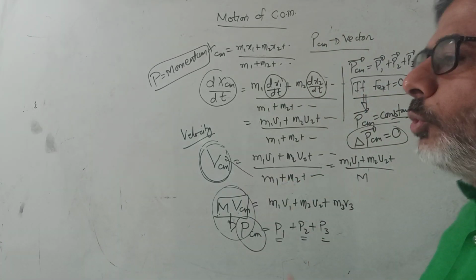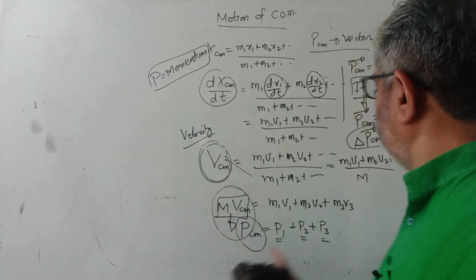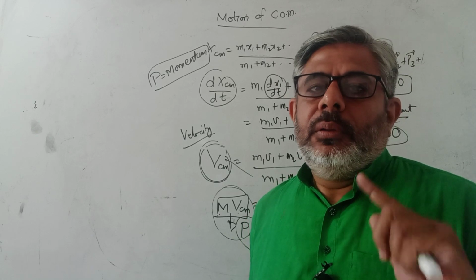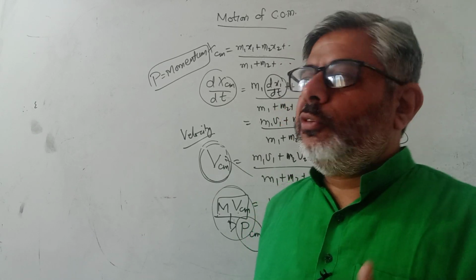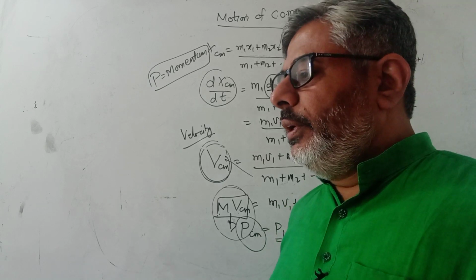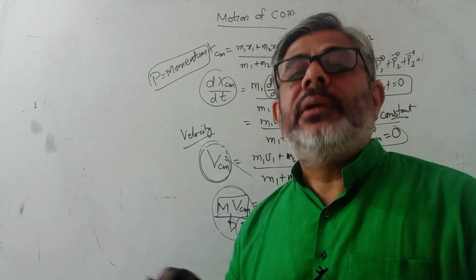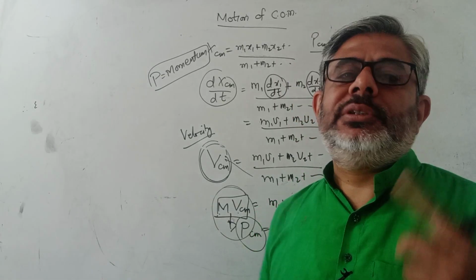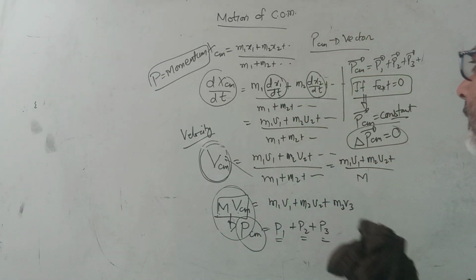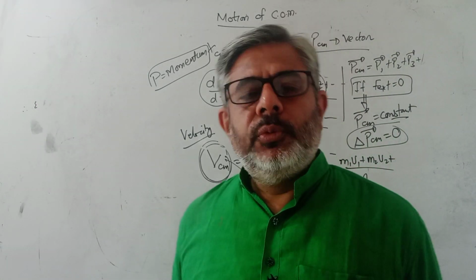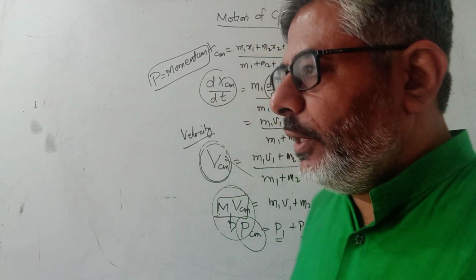So I think you have understood this very important topic of velocity of center of mass and momentum, and when the momentum or velocity of the center of mass will change: whenever there is an external force. Force between individual particles is internal to that system, so that will not count. You have to apply force from outside on a system to change its momentum. This falls in line with the law of conservation of momentum, which I will also explain a bit later.